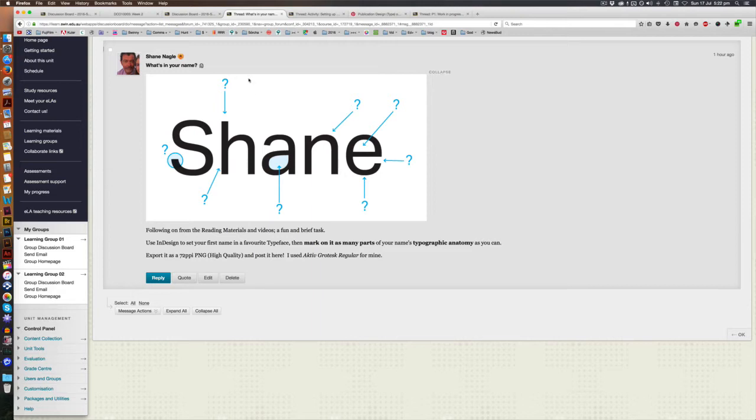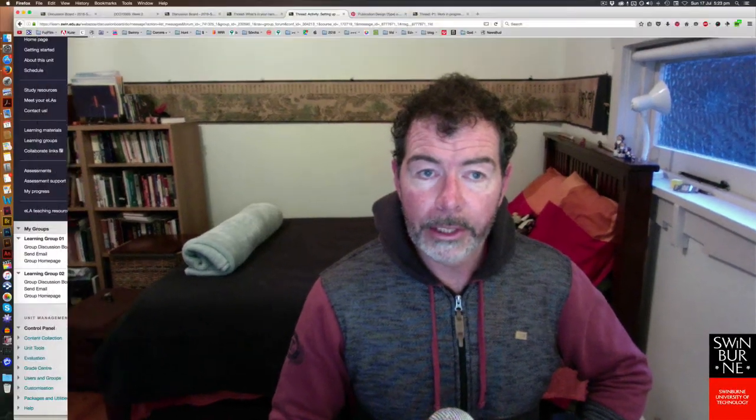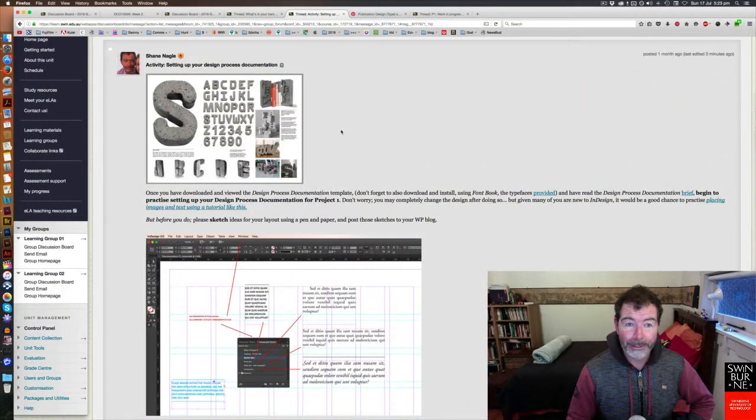Select and edit. The other thing we've got is a little task on the anatomy of typography. If you go to one of the threads, we've got a little demonstration here. Pick a typeface you like, set your name in the typeface that you prefer, and mark on it as many of the typographic elements that you can identify from the typographic anatomy handouts and videos. The second little thread we've got is an activity on setting up your design process documentation,